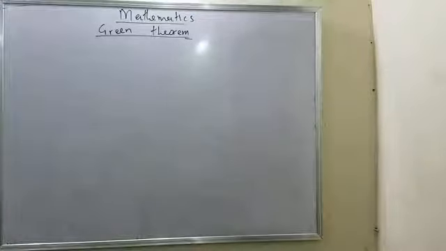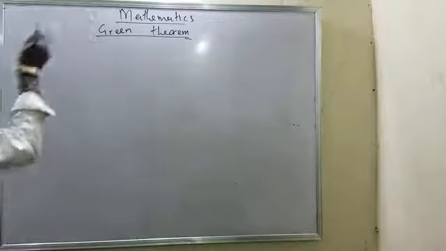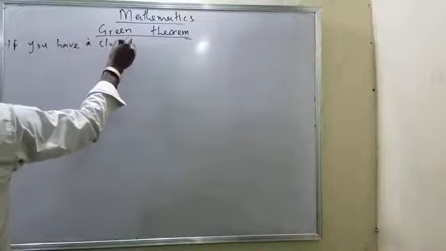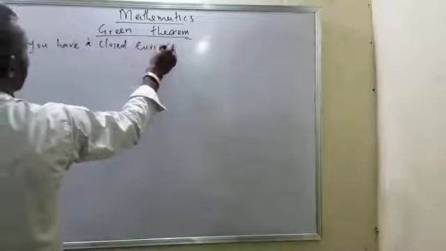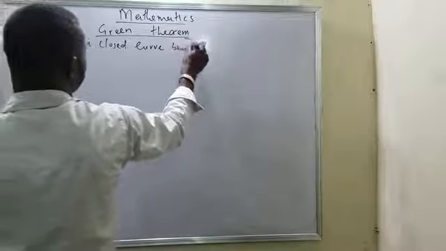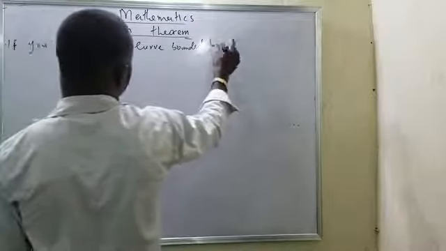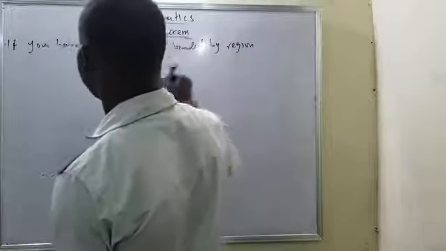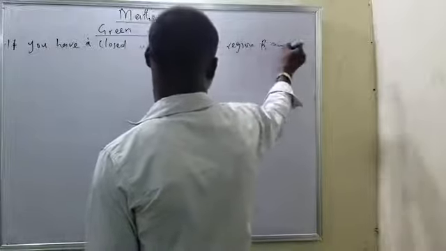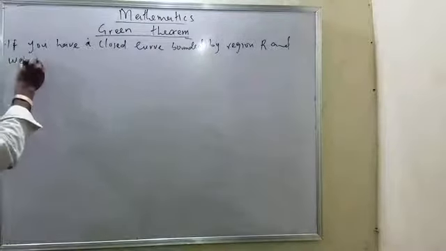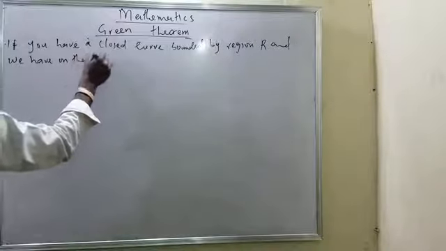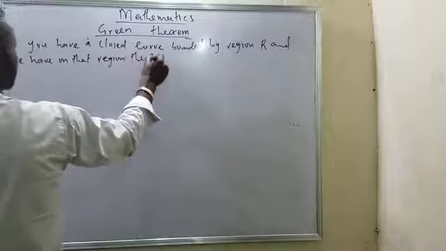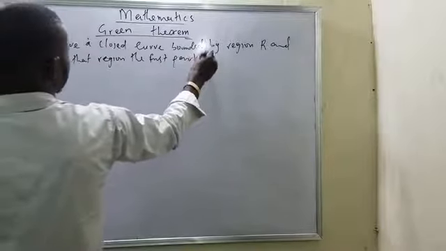When I'm talking about contour, it means Green's theorem. Green's theorem: if you have a closed curve bounded by region R, and we have on that region the first partial derivative